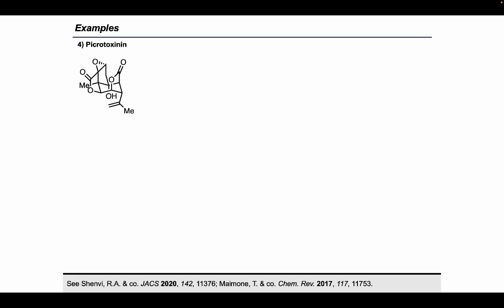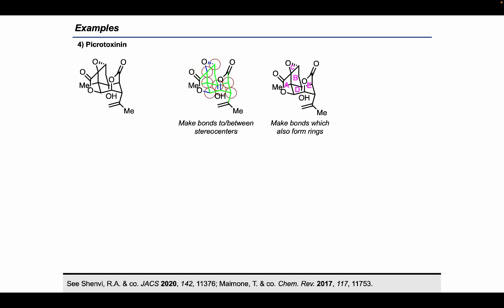To finish up, let's analyze picrotoxinin, which I had the pleasure of working on during my PhD in the Shenvi lab at Scripps. Picrotoxinin is a stereochemically dense molecule containing 8 contiguous stereocenters and is topologically complex. It has 5 ring systems, and almost all of the CC and CX bonds present in the molecule are strategic